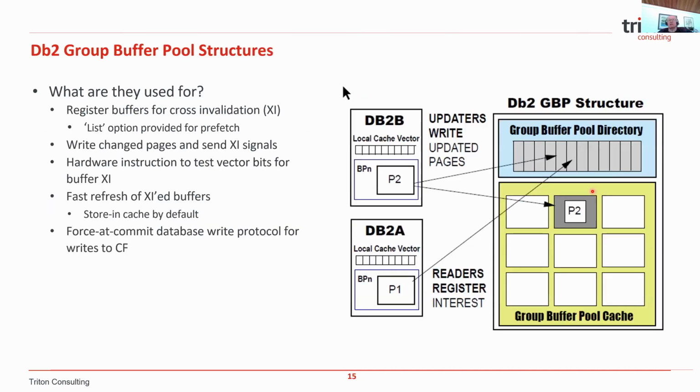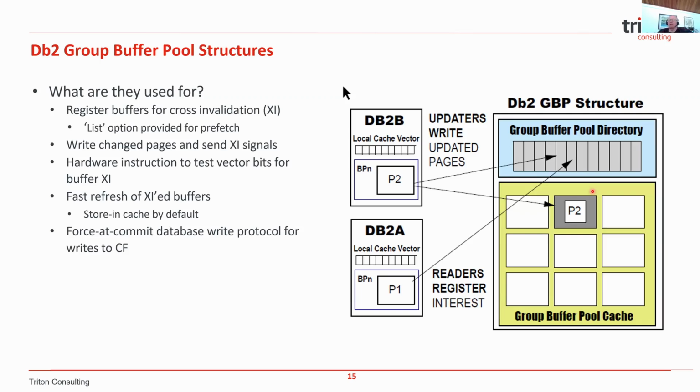So with that said, I'd now like to switch over to the group buffer pool structures. In the group buffer pool structure on the right-hand side, you've got two parts. You've got a group buffer pool directory area where there's one directory entry for each distinct page in the data sharing group. For example, if the page is in member A's buffer pool, member B's buffer pool, and in the group buffer pool, you just need one directory entry. But on the other hand, if all the pages are different, you'll need one distinct directory entry for each distinct